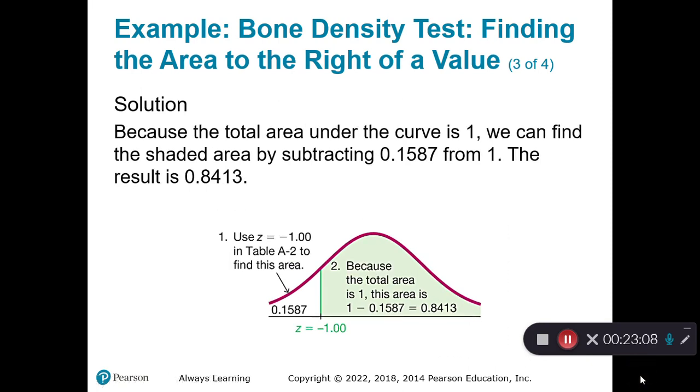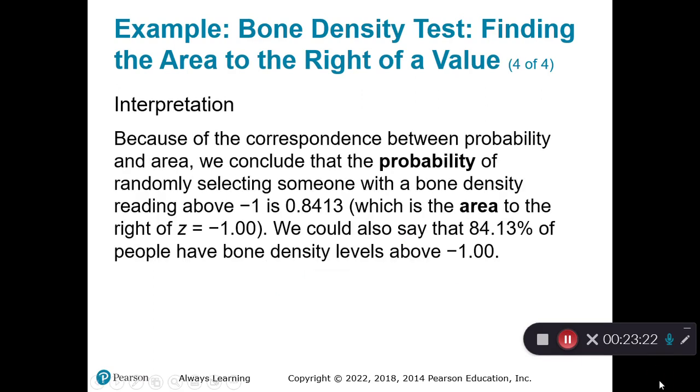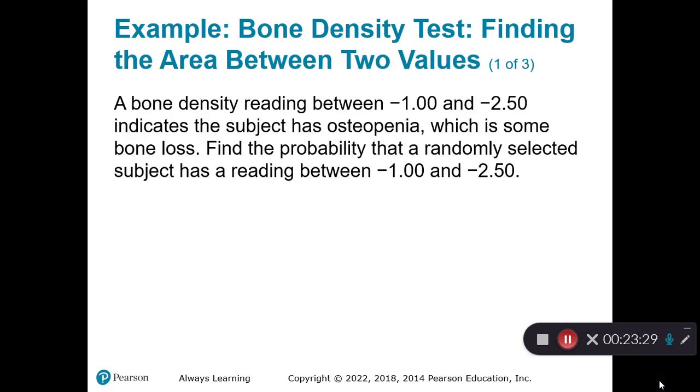In this case, people who have bone densities greater than negative 1.00, that probability is about 84.13%. And here it is in a little bit more wording saying the same thing. Now, let's look at finding bone density test results between two values,